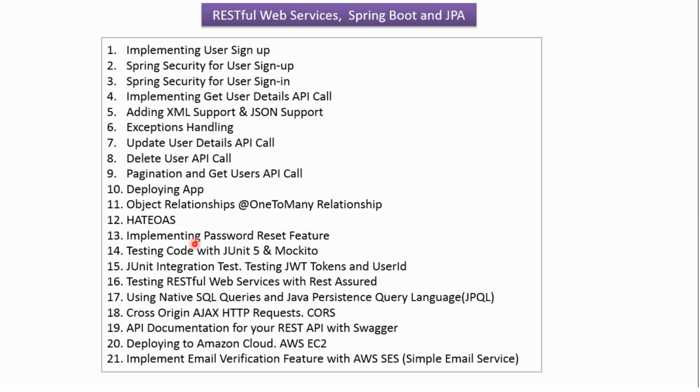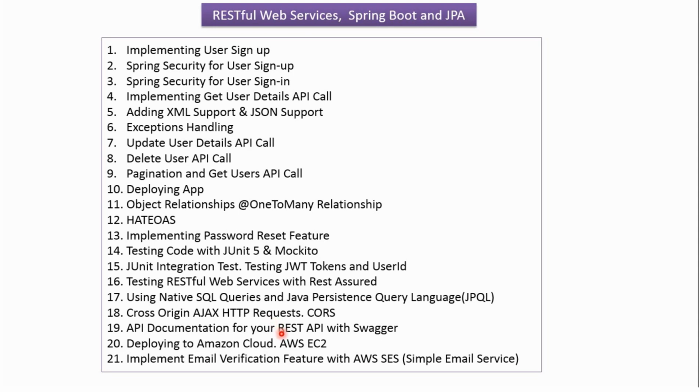deploying the application, object relationship one-to-many relationship, Hacktios, implementing a password reset feature, testing code with JUnit 5 and Mockito, JUnit integration test, testing JWT tokens and user ID, testing RESTful web services with REST Assured,